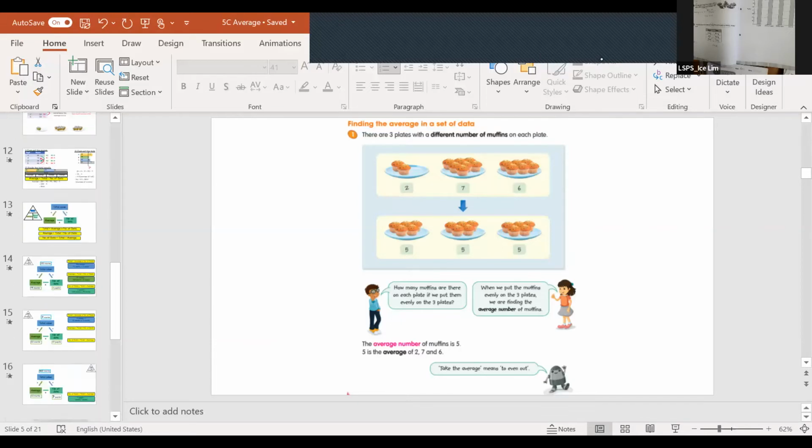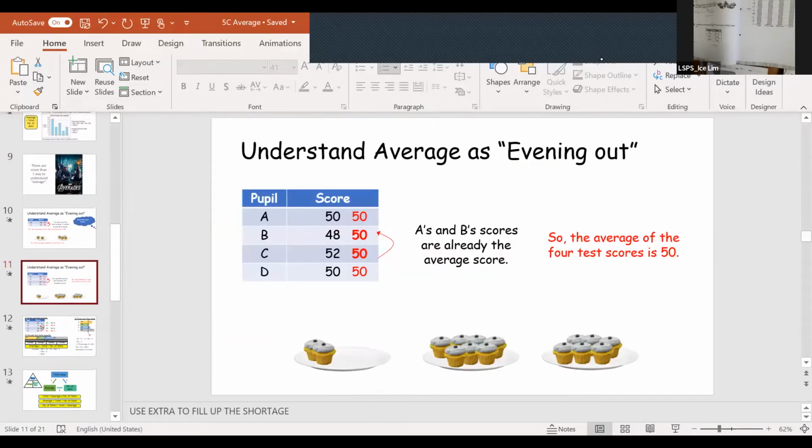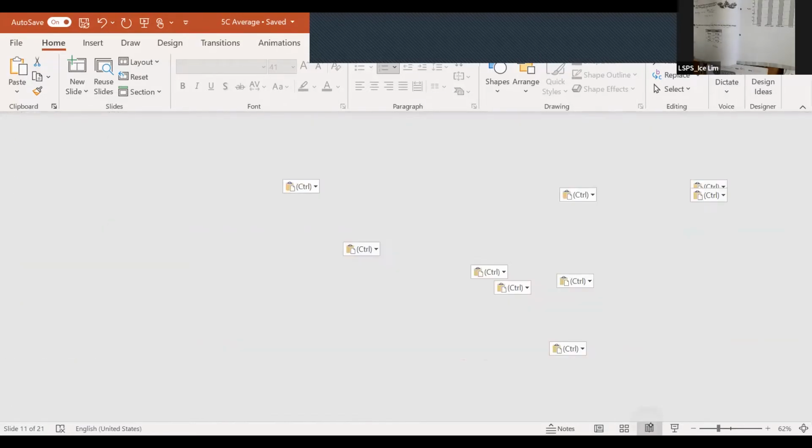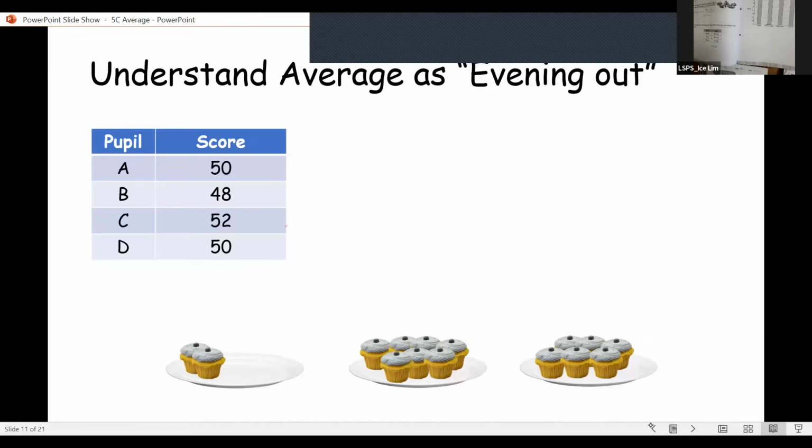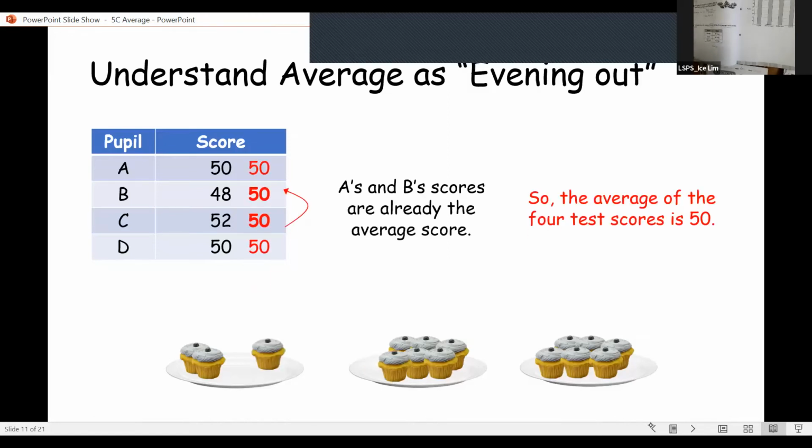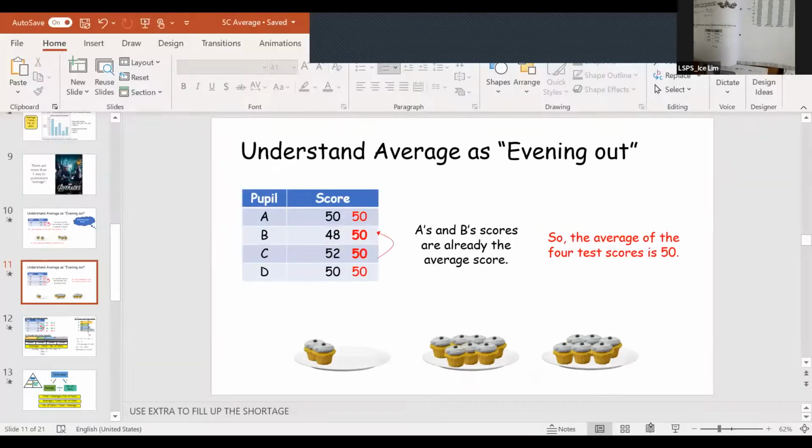Or like the muffin example, where you see that I can even out by sharing out the extra muffins. So that was yesterday's idea about what is